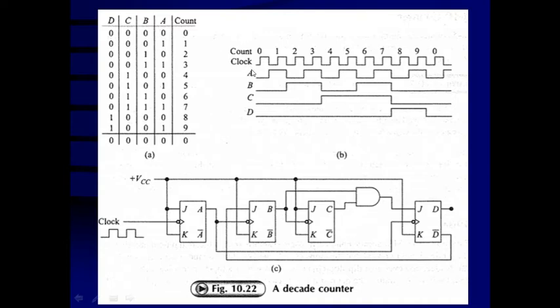How are these waveforms going to be drawn? These are the clock waveforms, you can see that. Now, what is flip-flop A? Its J and K are connected to VCC. So on every negative edge of the clock pulse, flip-flop A is going to toggle. It will be complemented. So if it is 0, it is going to be 1. Here you can see that on this negative edge, flip-flop A is going to toggle. Again on this negative edge, flip-flop A is going to toggle from 1 to 0. Again here it is going to toggle, and on every negative edge of the clock pulse, the output of flip-flop A is going to toggle.